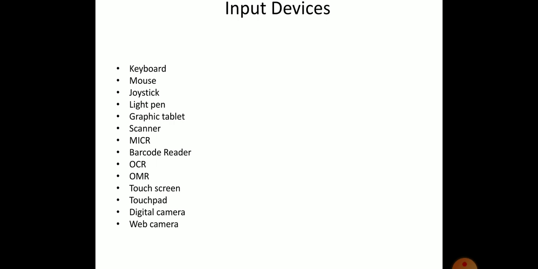First we saw keyboard, then mouse, next joystick, then light pen, graphic tablet, next scanner, then MICR, that is magnetic ink character recognition, next barcode reader, next OCR, optical character recognition, next input device is OMR, next is touchscreen, next input device is touchpad, then digital camera and web camera.